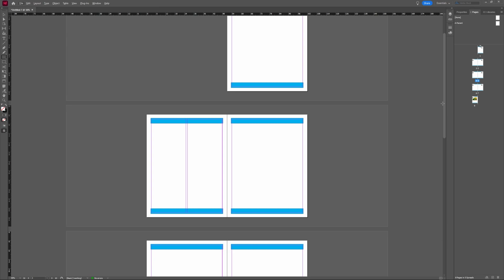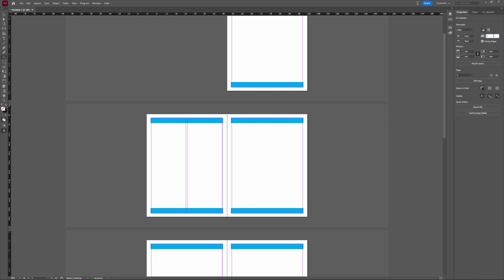So we covered how to add pages, which you can do by clicking the plus icon here, remove pages by clicking the remove pages icon there. You can also add pages in the properties window, and similarly, if you don't have an exact page you want to delete, you can just say I want 6 pages in total, and